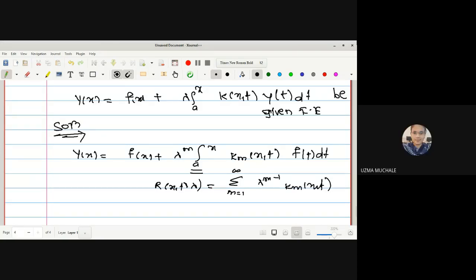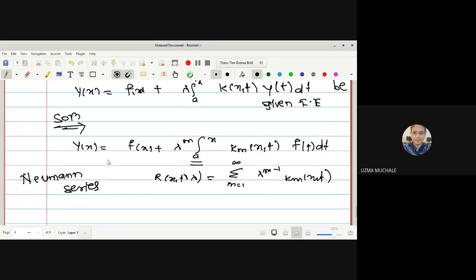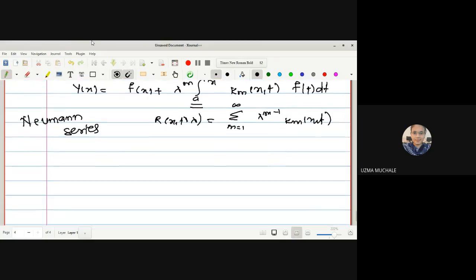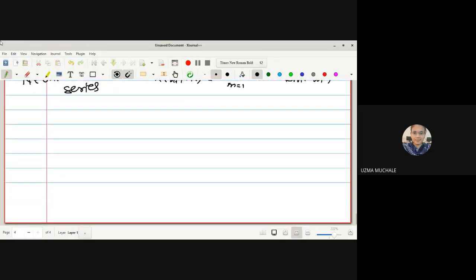Yes, ma'am. One name for this is Neumann series. You will come to know how to solve this example when we are not getting the finite sum or compact form or the closed form of our equation. If you are not getting that, we have to use this. Okay, let us solve one example for this one.